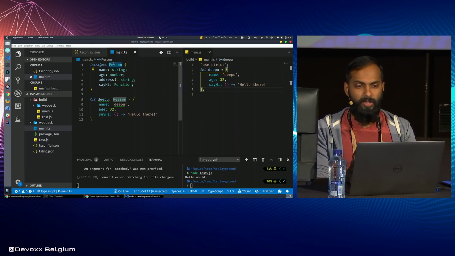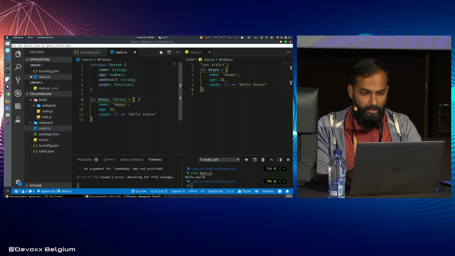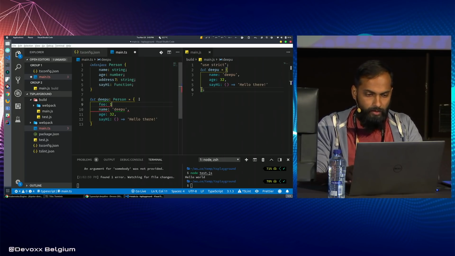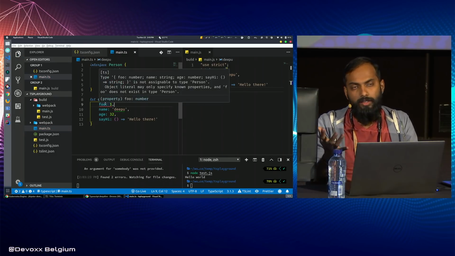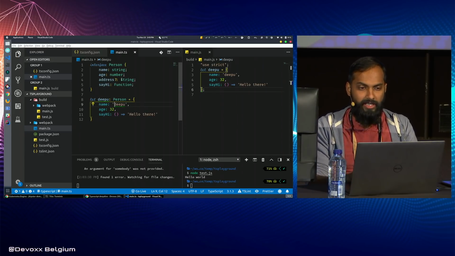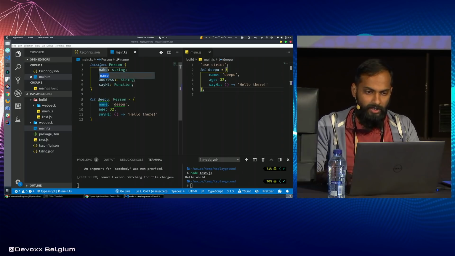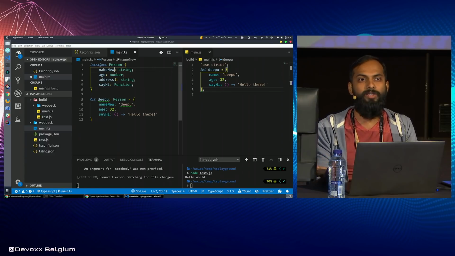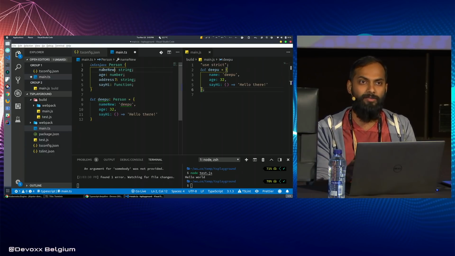So we have a person interface which defines the contract, and you can assign it to any object, and it will say, for example, let's say foo, and voila, that's expected, right? But the nice thing about having interfaces and assigning interfaces to your object types is that you can do this, which is nice, right? I mean, we always do that in Java and other languages, but with JavaScript, one of the